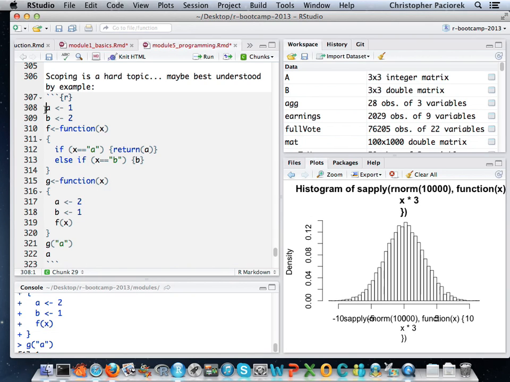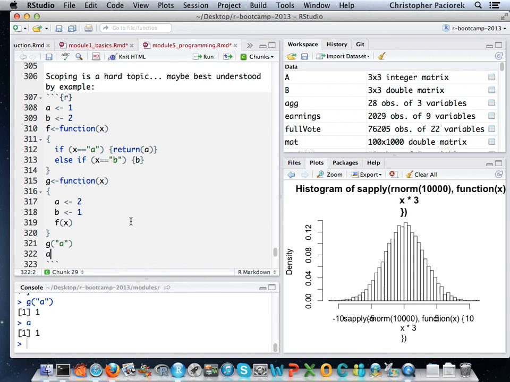Okay, and so that's actually another question of scoping. What you can see here is I'm printing out a as well. So what is a equal to now after g has been evaluated? It turns out that a is still 1. A is equal to 1 on the outside. A was set equal to 2 in the context of running g, but that was in an inner scope. So you can play around with that variable in the inner scope, and in the outer scope, the main body of the outer function, the value of a does not change.